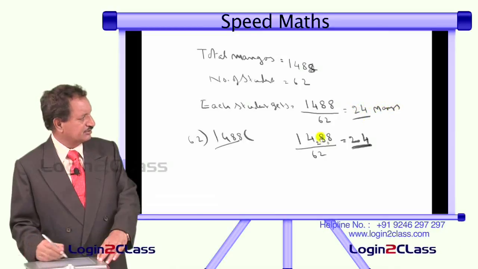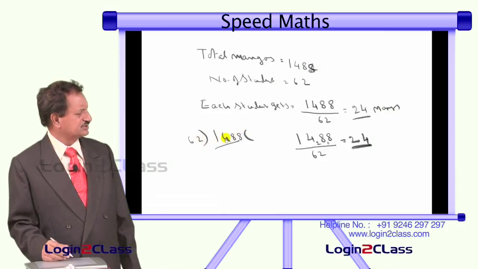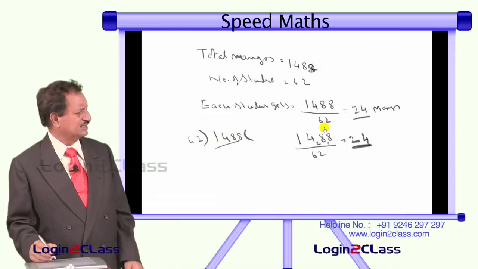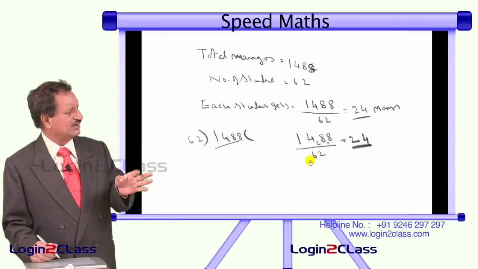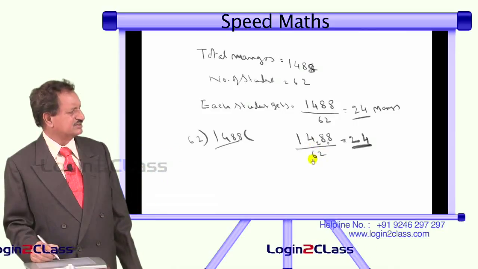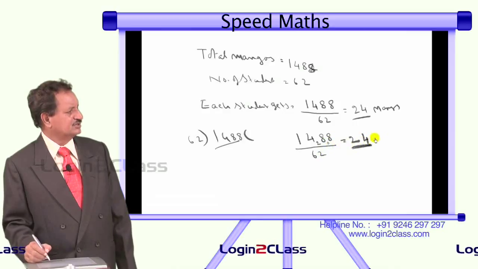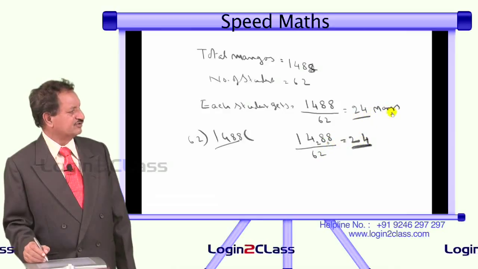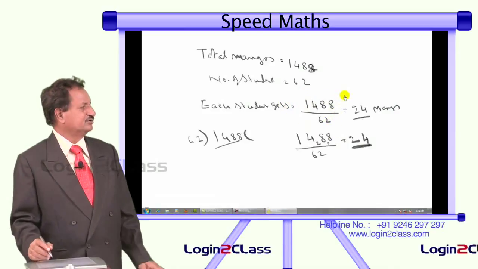Like that, see here how much difficult it is in the traditional way, you have to do all these things, you know pretty well. Here nothing. If you learn the ninth table, you can divide any number here. Here see 62, divide with 6, that's all. 6 2s 12, remainder 2, 2 2s 4, 28 minus 4 24, 6 4s 24, remainder 0, 4 2s 8, 8 minus 8 0. So each student will get 24. Like that you can do any division easily using speed maths.